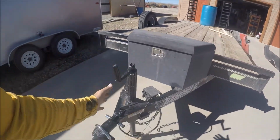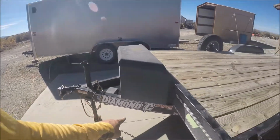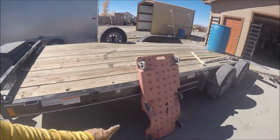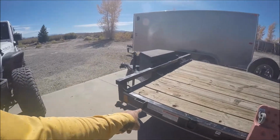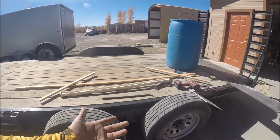You know, the jacks worked well, the tongues worked well, the hitches worked well. I haven't had to use the emergency brakes yet, thank goodness. The disconnect brakes and the lights have worked well. It's got good LEDs on it, and I think most trailers are coming with that nowadays. The wiring, though,